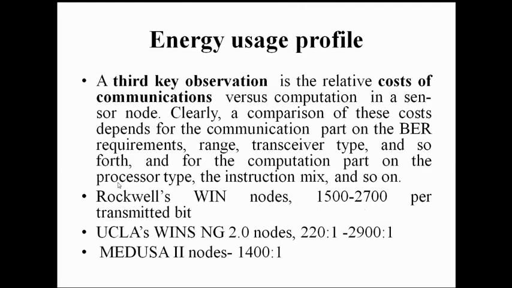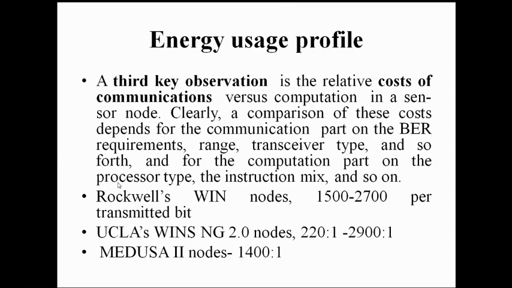Third important point is what we use for our communication purpose. Many things are used in a wireless sensor network, and based on the communication equipment, it will consume energy. Many manufacturers are manufacturing different products, and their products will consume different energy because each and every company has its own configurations.